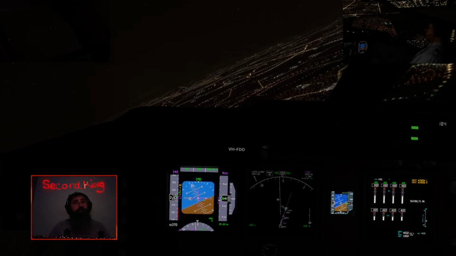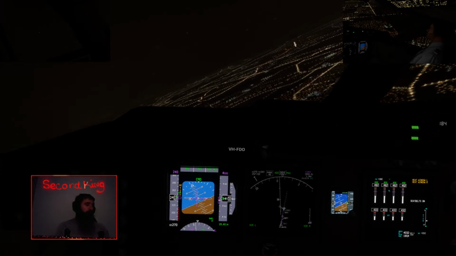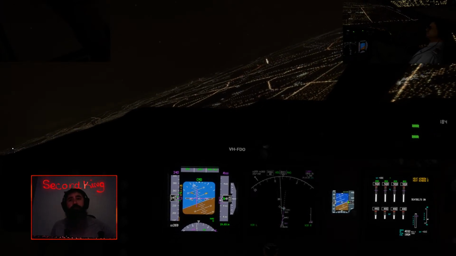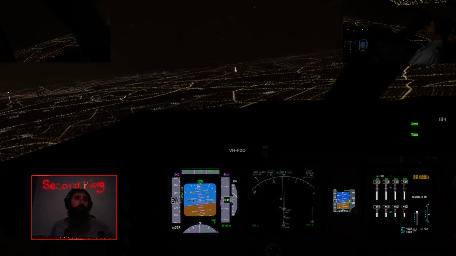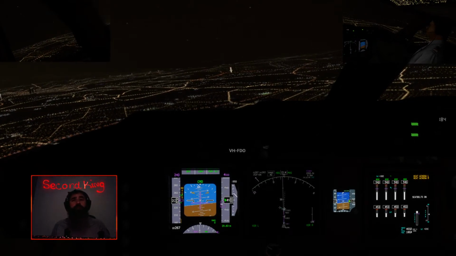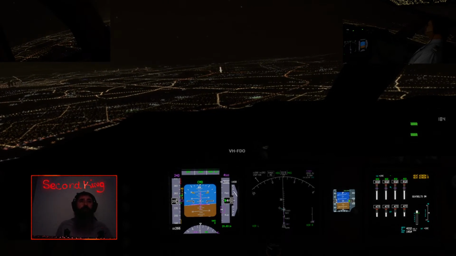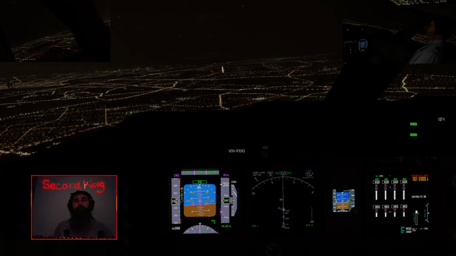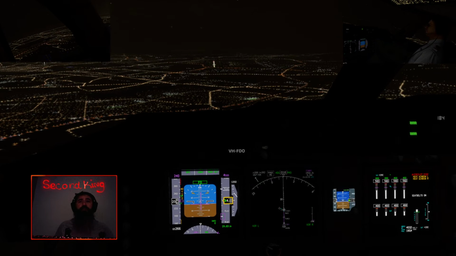Here we're lining up on 03. We should get a call soon. And we will bring flaps in. There's flaps 1. Oh, there's a little bit of stutter. I will kill the autopilot. And we're hand flying it from here.